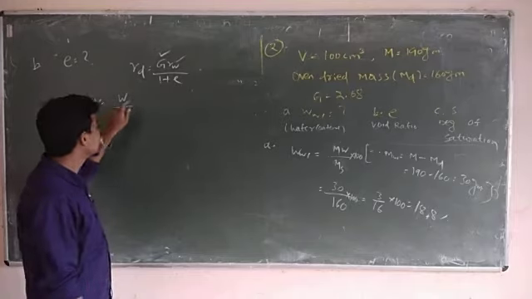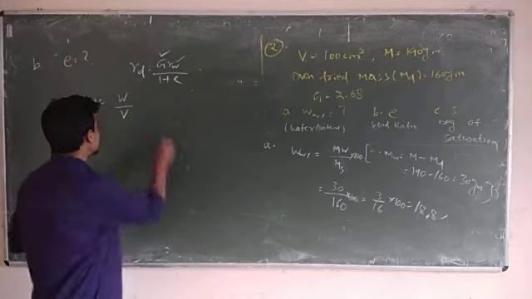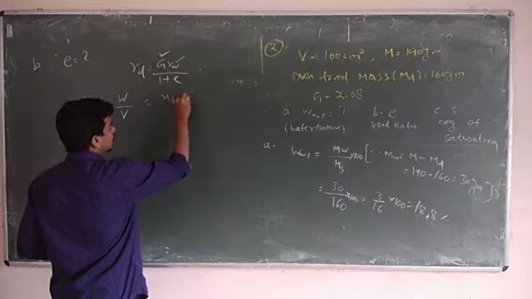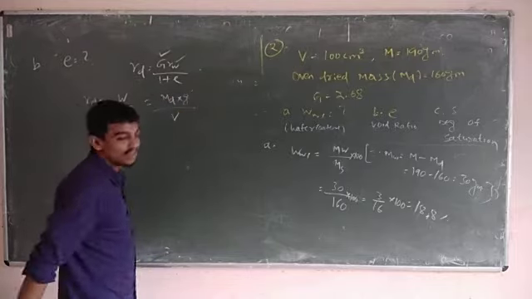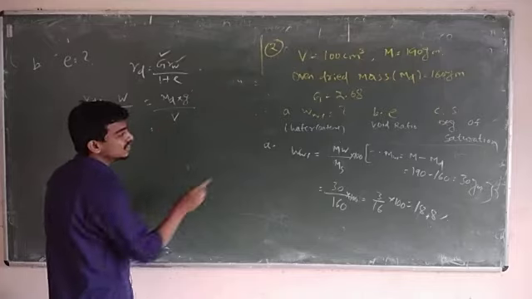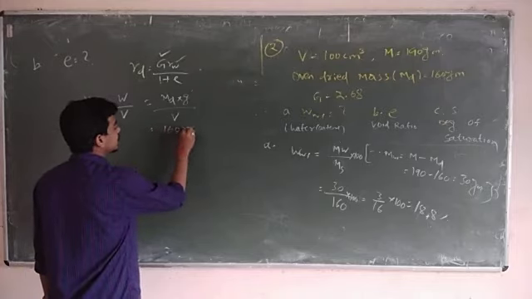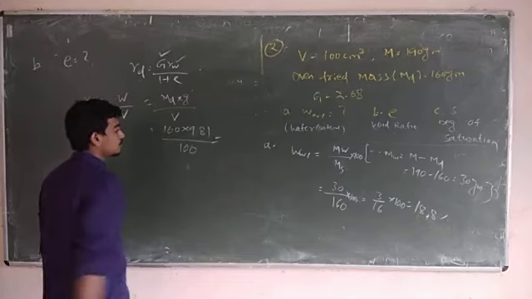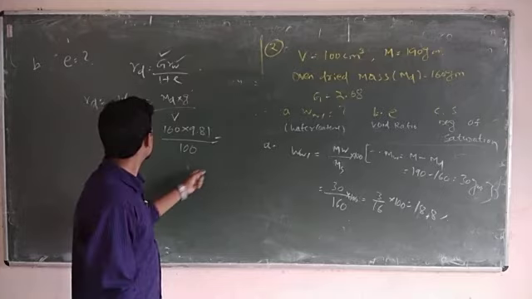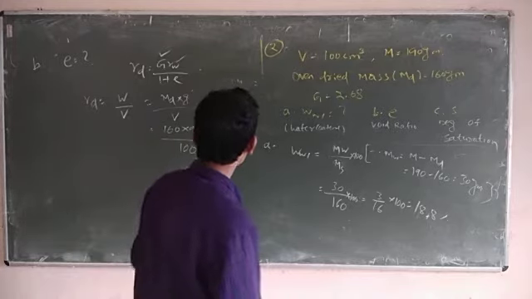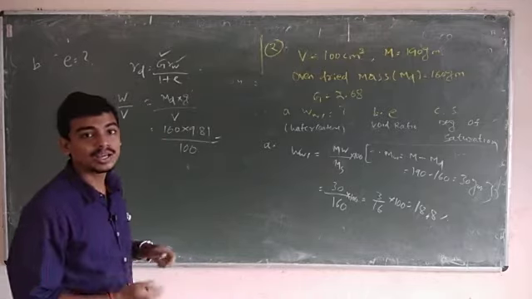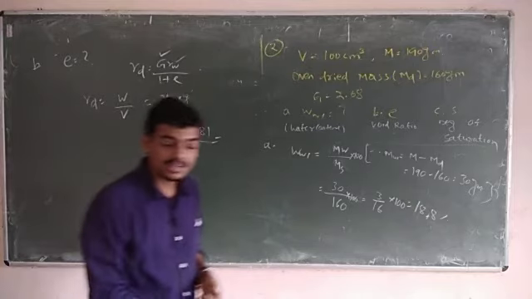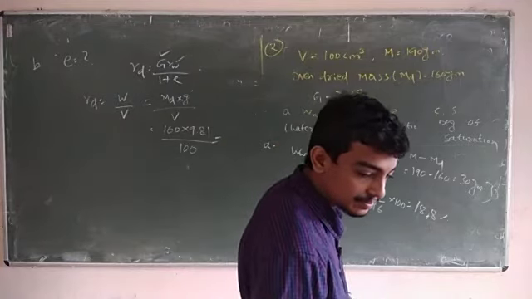Now I will calculate weight by volume. Okay, so what is the weight here? Weight means mass into gravity. Okay, so mass of dry soil into gravity by total volume. So what is the mass of dry soil? That is 160 into 9.81 by 100. Okay, so it will give you our gamma D value. These values are used in the next step. So I am just writing from the book the answer. You can calculate by using the calculator.